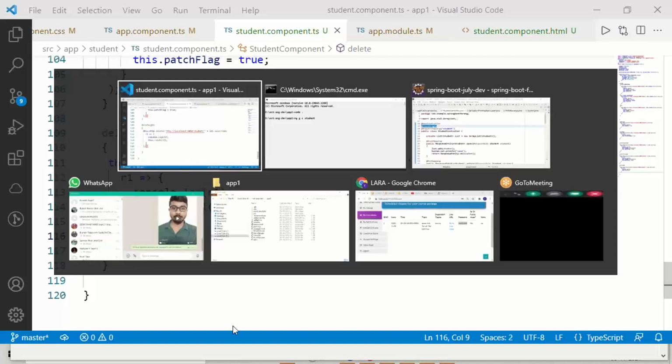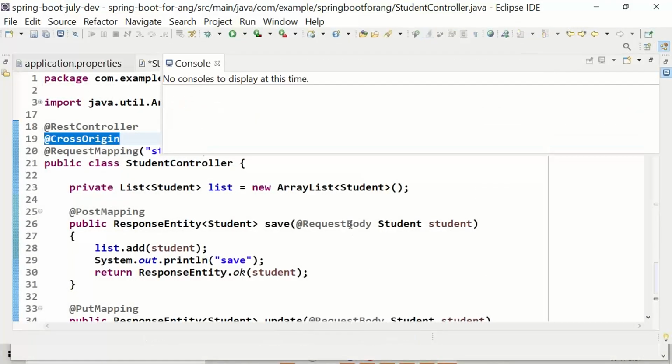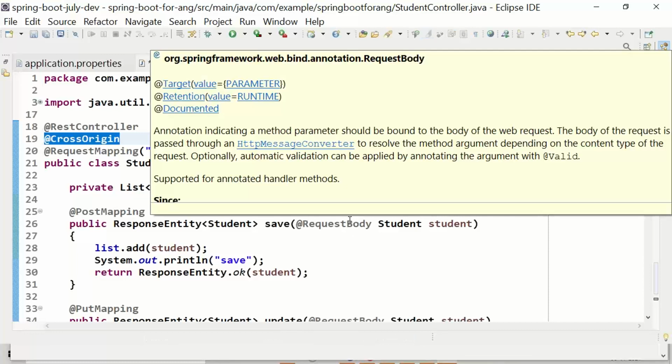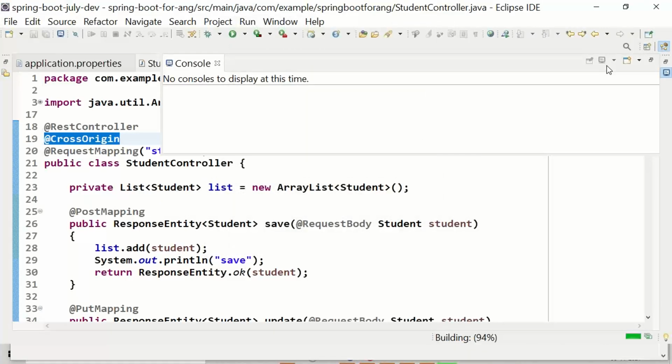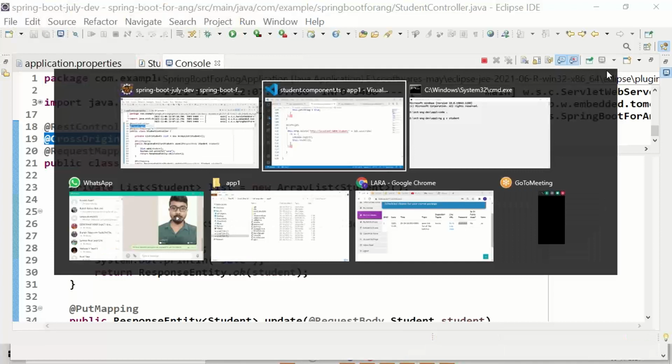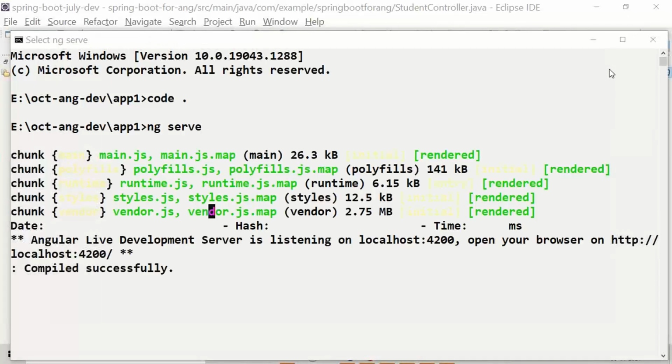Now start the server side. Both are started, server and client.